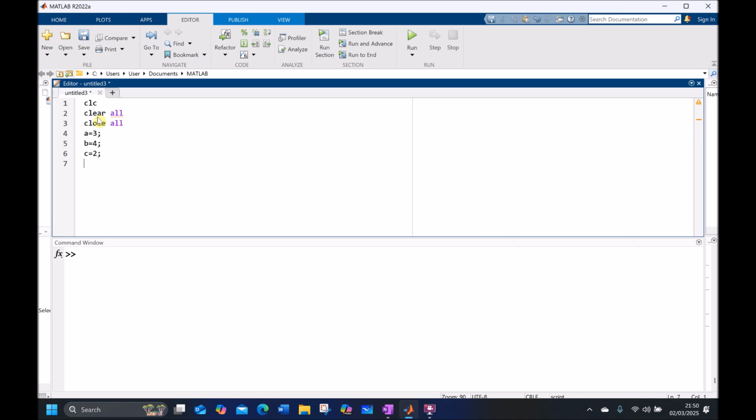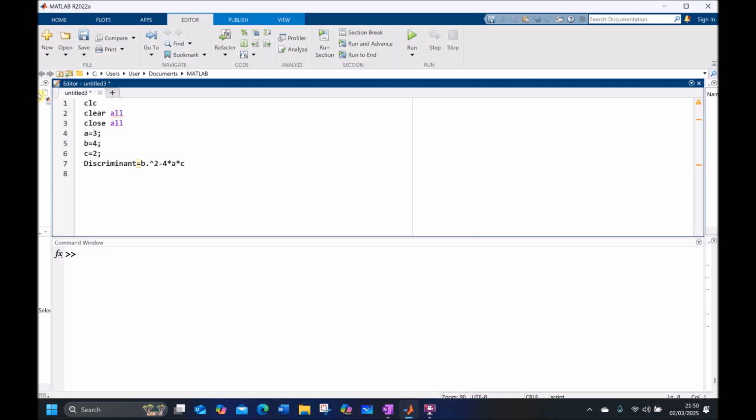Now I am writing the discriminant formula. So I'm going to use the word discriminant, that is equal to b.^2 minus 4*a*c. I'm not going to add a terminator at the end because I want to see the results of this discriminant